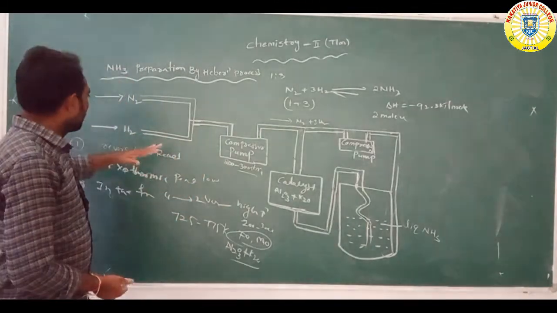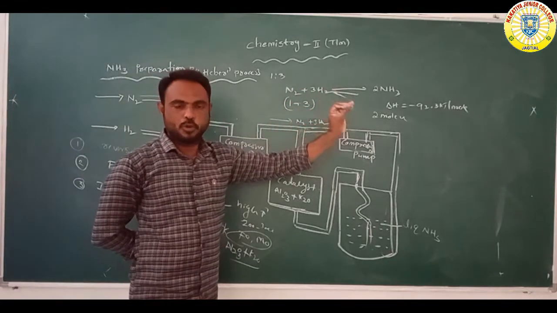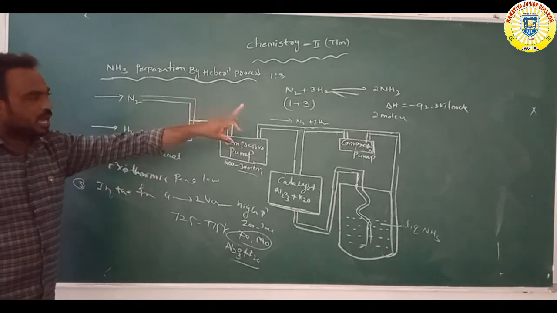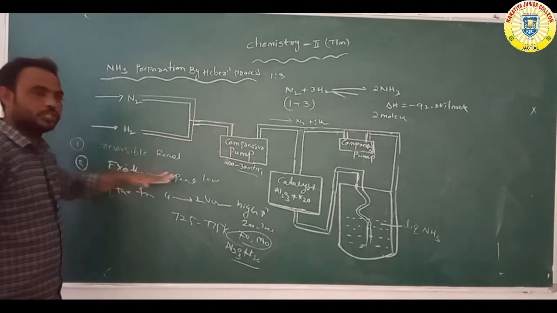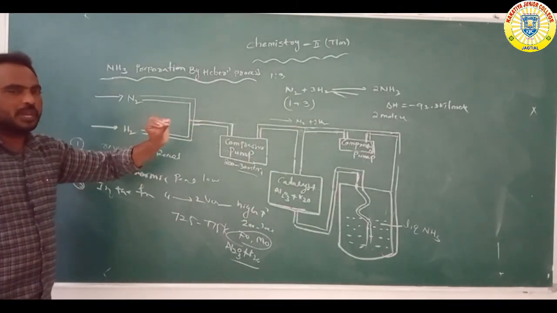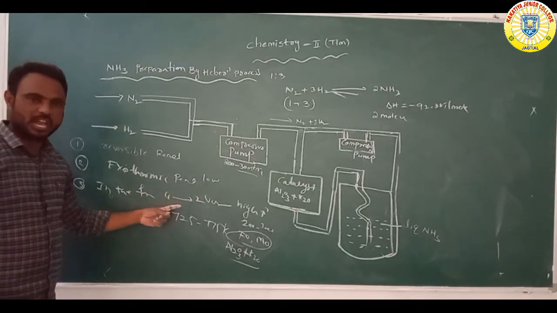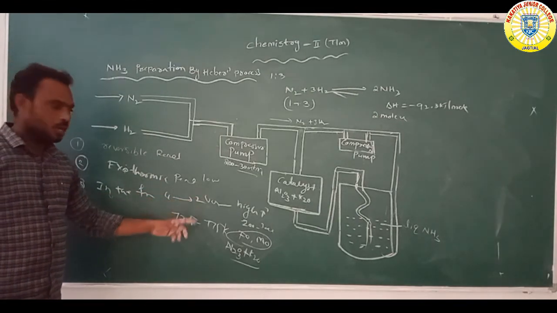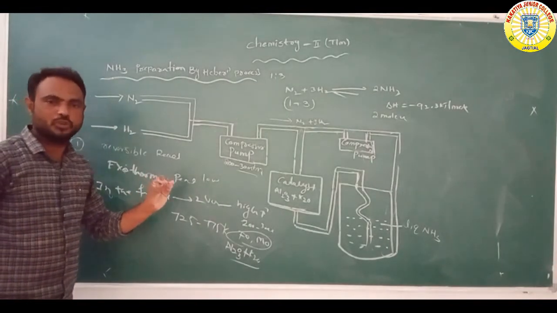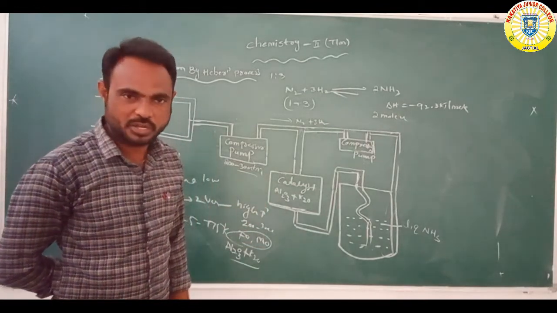Listen. When nitrogen reacts with hydrogen to form ammonia, this type of reaction is a reversible reaction. When energy is released, it means an exothermic reaction. The preparation of ammonia is the forward reaction, and the volume of the reaction decreases from 4 to 2. So according to Le Chatelier's principle, when the volume decreases, we use higher pressure, 200 to 300 atmosphere pressure.